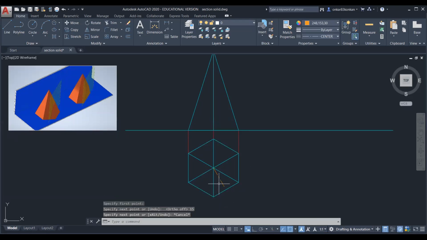So this is the distance 15 mm away from the center, that is the axis.